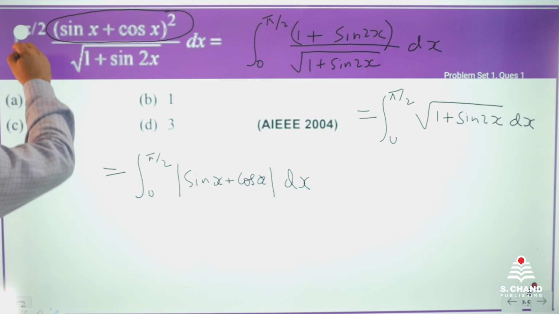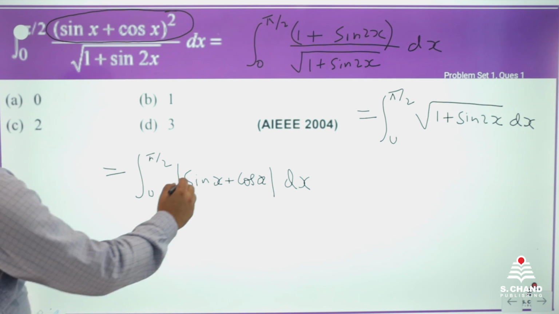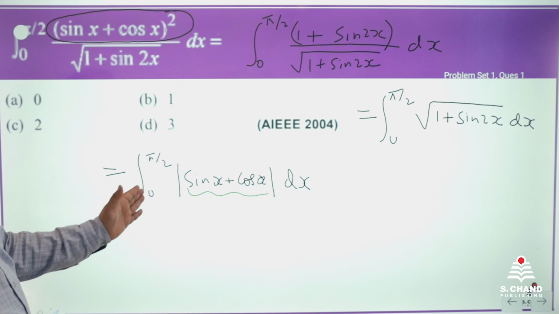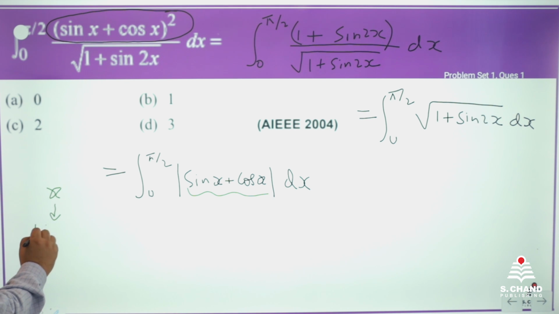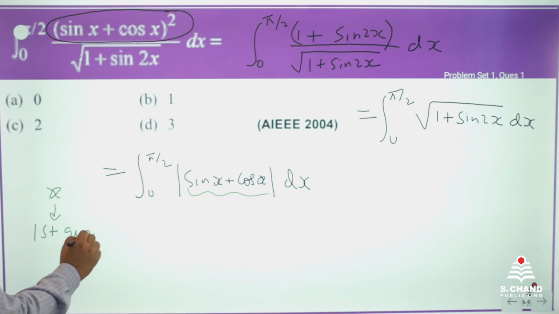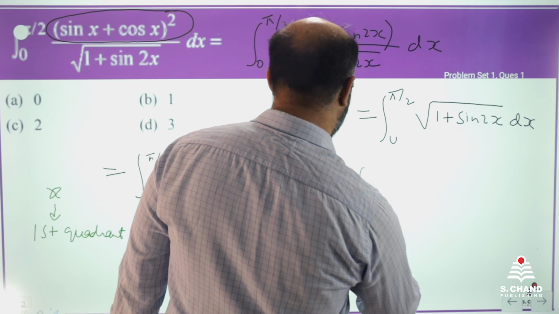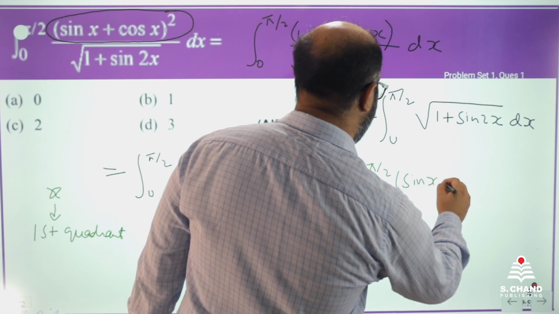One thing which is important here is that if you have the mod, then you have to see the sign of this. So what is the limit? 0 to pi by 2. So x is in the first quadrant. In the first quadrant, we know that sin x is positive and cos x is also positive. So this term is positive. So we can simply remove the mod sign and say 0 to pi by 2 sin x plus cos